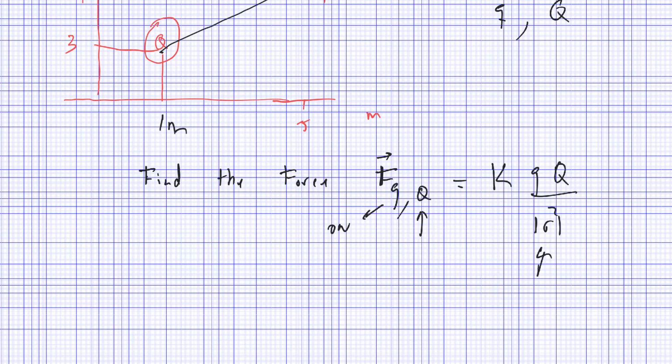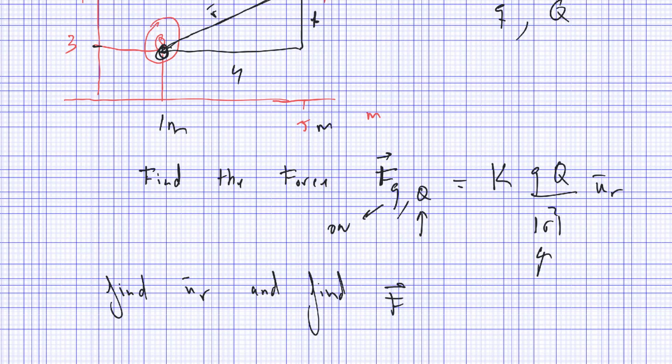This is 1 meter. This is 5 meters. So this is 4 meters. This is 3 meters. The distance is the magnitude of this vector. The vector r is this vector from the source to the point of observation, little q, and the distance r is easy to find. This is 1 and this is 4. So I need the vector u sub r. Find u sub r and find